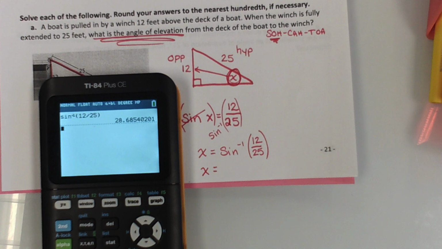What am I rounding to? We're going to read the instructions: the hundredths. It doesn't specify to round it to the nearest degree if it's an angle. Pay attention to your instructions. It might change from this to the homework to the test to the quiz. All those things might change. Read the instructions. Rounding to the nearest hundredth,